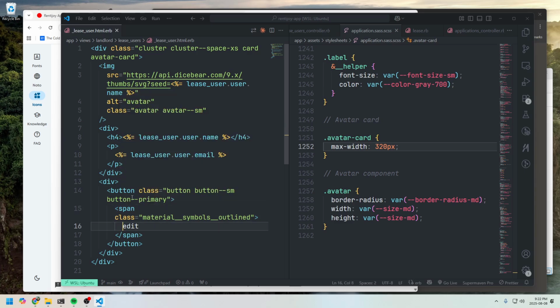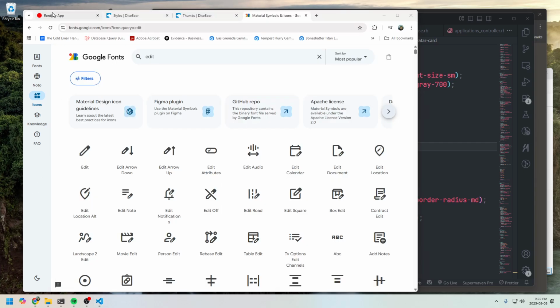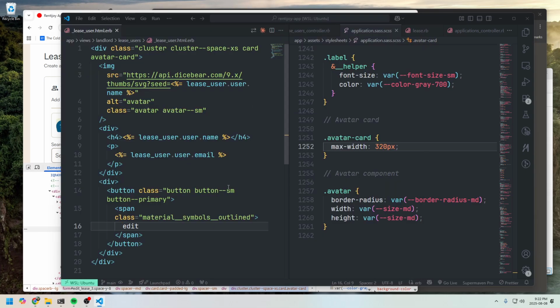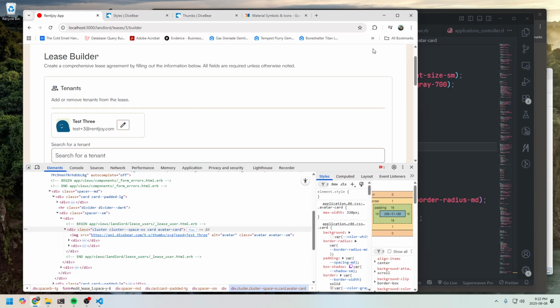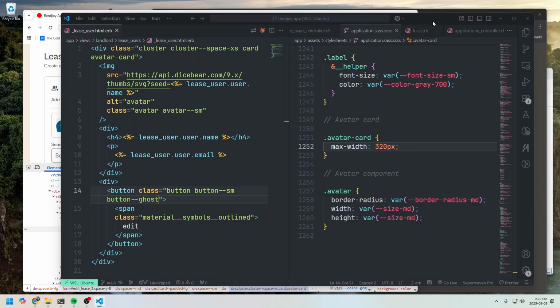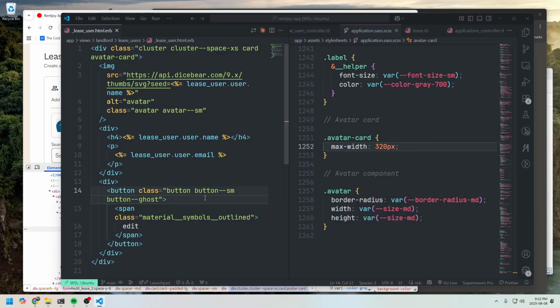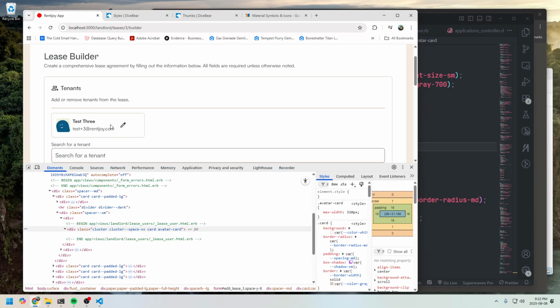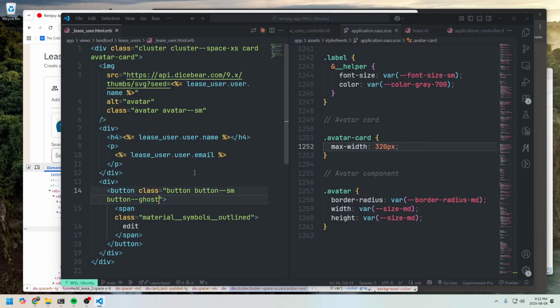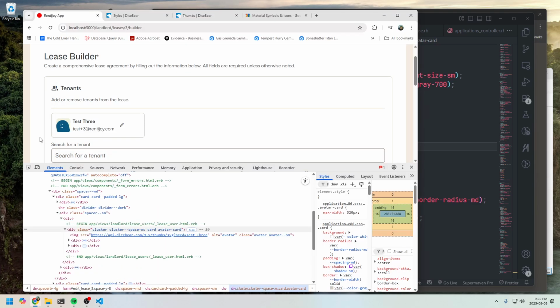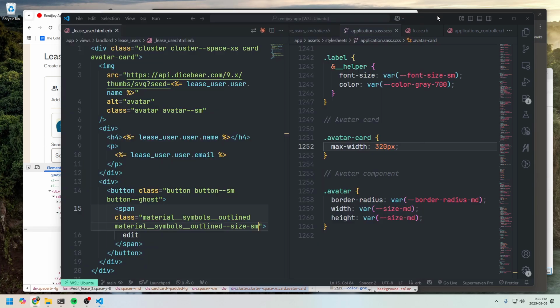I'll do span edit. So there's that. We'll do outline. Maybe ghost. We'll do that. I think it needs to even be smaller. Pretty sure I have a size small icon. Yeah, I do. My size small icons are just so